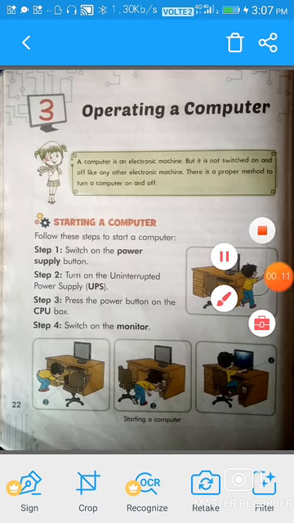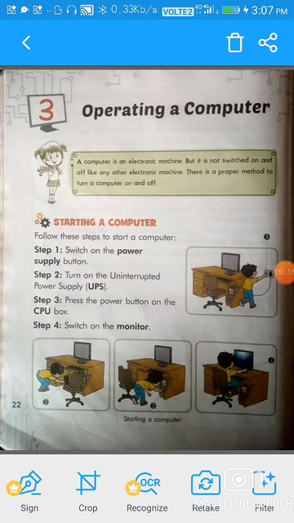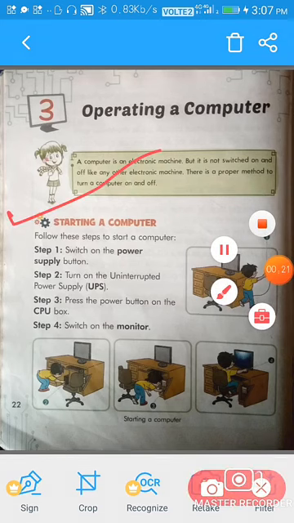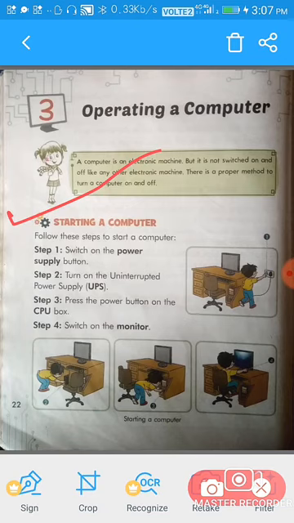You know very well how to start a computer. Follow these steps to start a computer. Step 1, switch on the power supply button. Step 2, turn on the uninterrupted power supply button.